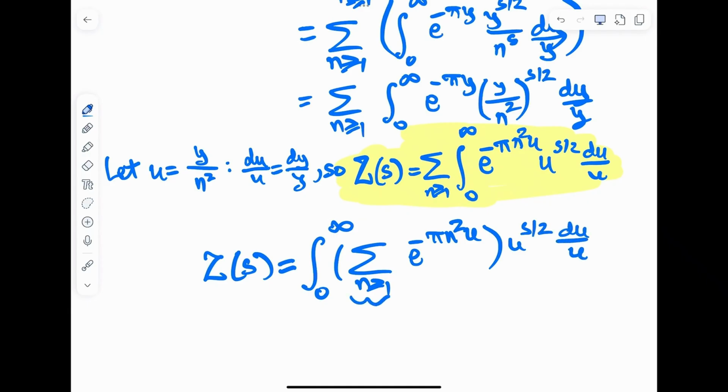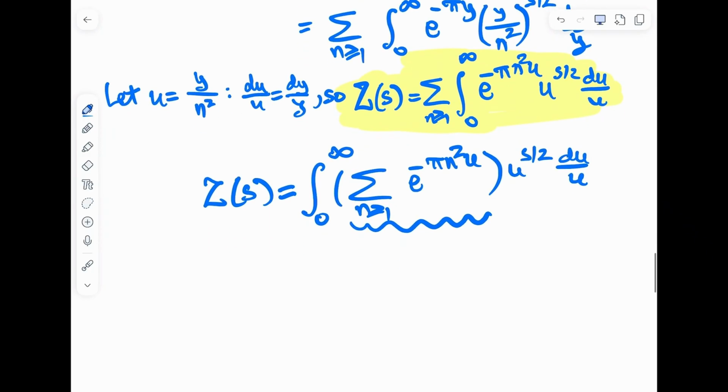And so now we have this series of decaying exponentials. So in the mid-1800s, this is a famous thing. This is nearly an example of Jacobi's theta function. So inside the integral, there's a very famous series